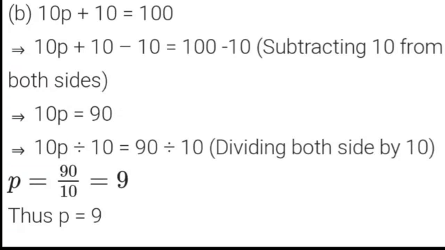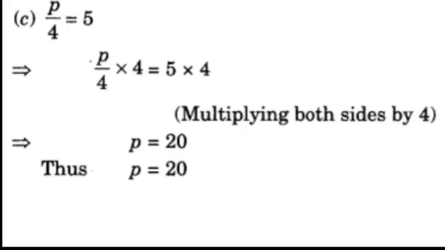You can see, students, here 10 is there, here 10 is there, they both get cancelled. Then 10p is in the form of multiplication. We are going to get the answer of this as 90. 10 is in the form of multiplication with p, so we will divide by 10 on both sides. This 10 will get cancelled by this 10, so only p is left, and 90 divided by 10 will give you the answer 9. Similar format is there. Only for practice you have all the sums to be done, A, B, C, D, like this.